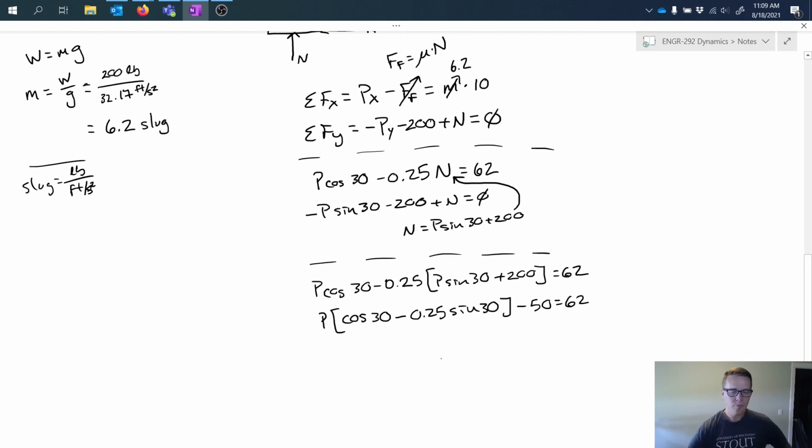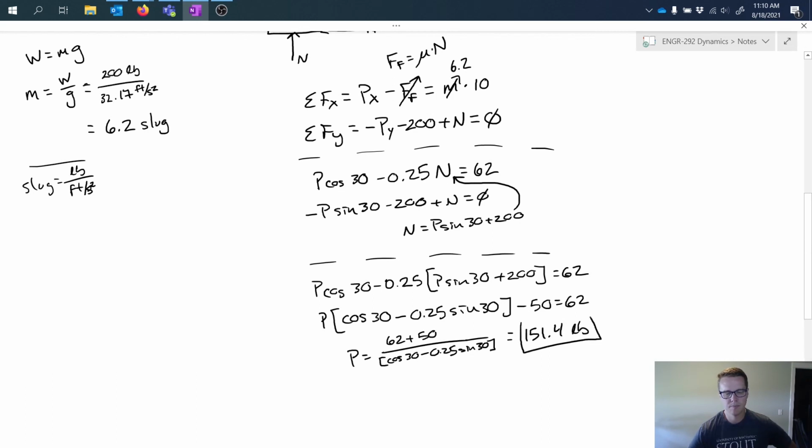And I've got something now that I can rearrange and solve for p, which is 62 plus 50 over cos 30 minus 0.25 sine 30. Oops. And this I can plug in into my calculator, and I can solve that out. And I can get an answer of 151.4